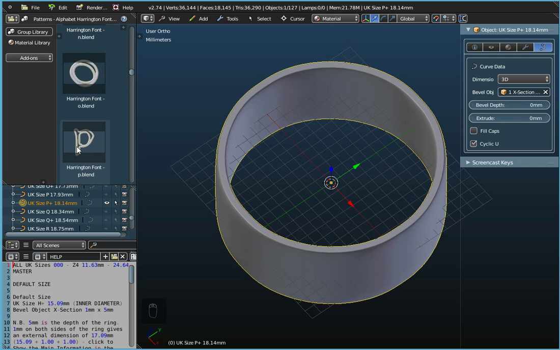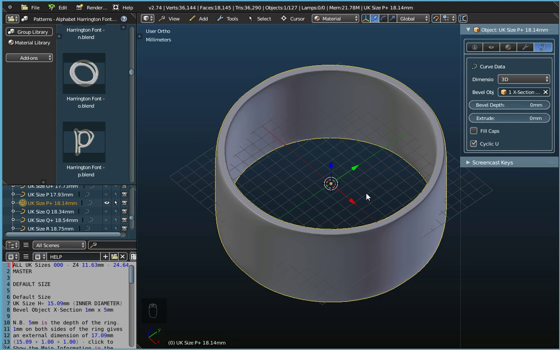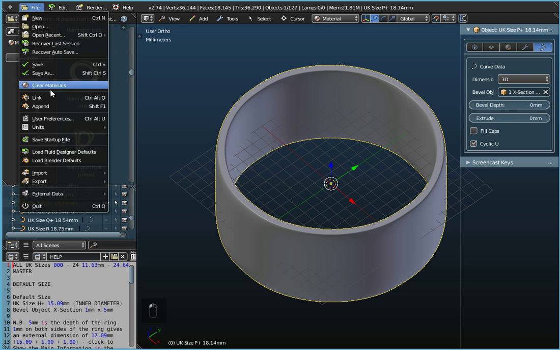Now if I drag and drop this onto the workspace, my ring will disappear and I'll just have the letter P. That's not how you add things in Fluid Designer. Only the opening object you should drag and drop. After that we need to use File and Append. So if I go to File and Append,